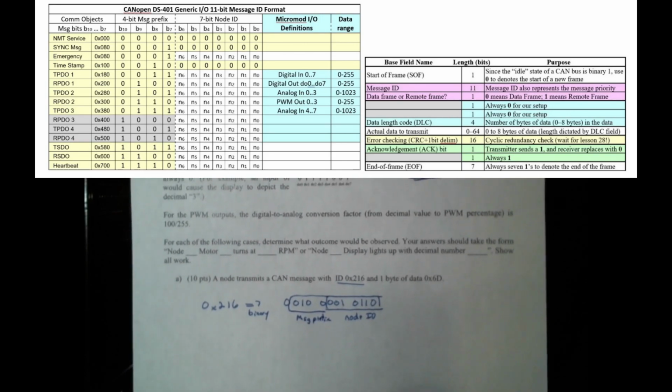So we can just look in that table, reference the 4-bit values that are there, and scan through the table. We find 0100, which is what we have for our message prefix. Don't get confused because it's 2, which would be 0010. That might correspond to timestamp in the message prefix up there, but we're shifting over by 1 here in the binary since it's a 7-bit node ID. So 0100 is our message prefix, and if we look at the table, that corresponds to